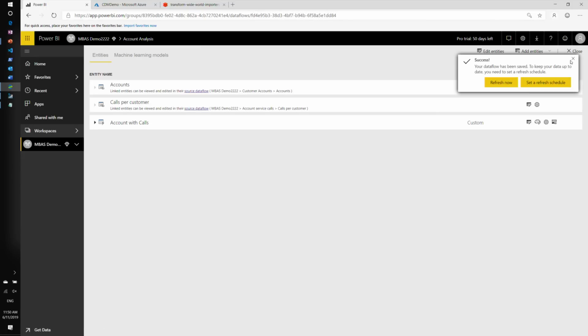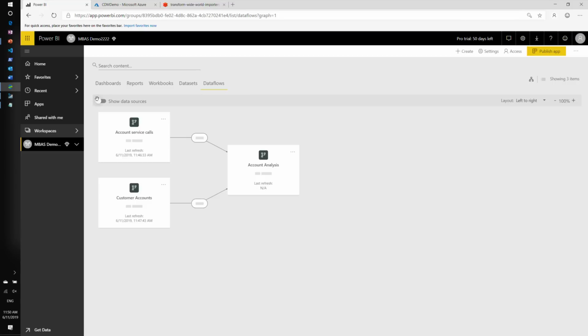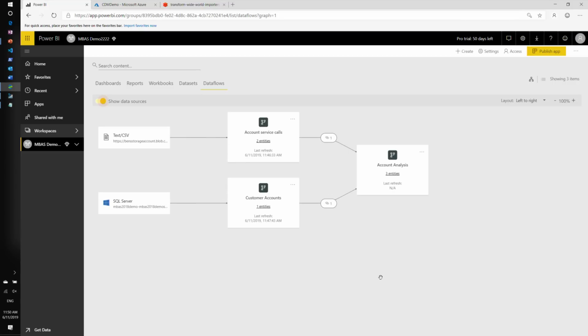And I'm actually not going to refresh this. So now it's a good time to segue into this view. This can show me the data flows that I've created and the relationships between them. So I have, similar to the PowerPoint presentation, the 2 data flows that ingest some transformations and cleansing, and then the final data flow that pretty much grabs the data, merges them from the 2 other data flows,